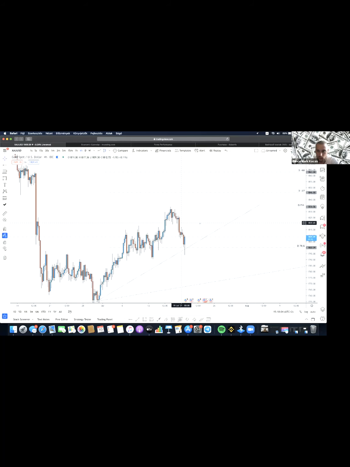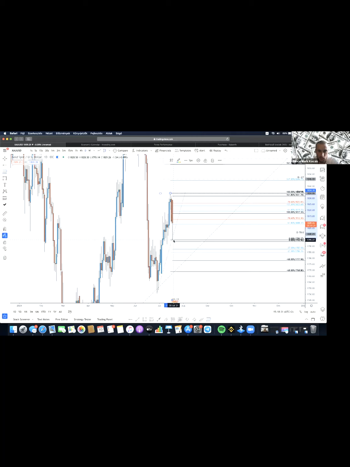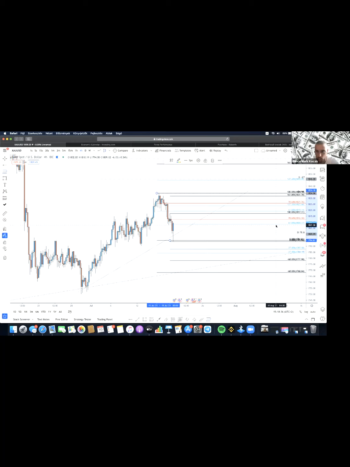The H4 is looking a little bit tricky. If I put the Fibonacci on the H4, its structure is bearish, but if the price breaks the 61.80 and the 78.60, the next target will be the 127. If it closed the first green candle on the daily and I place the Fibonacci from high to low, you see it will also be the 78.60 level, and actually the 61.80 is a little bit lower, so that's why I told you the